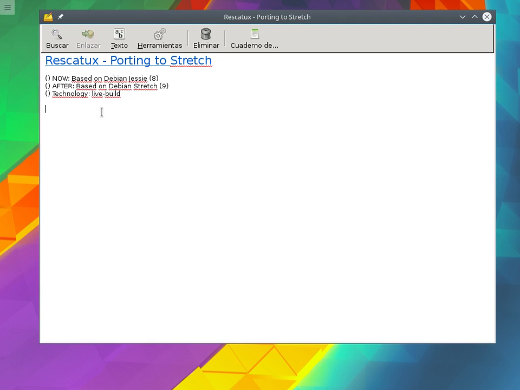There are some things that we want to do when porting to Stretch. First of all, make sure to use the Stretch repo, then create a branch for Stretch, a git branch for Stretch,